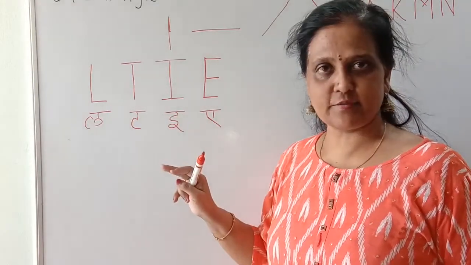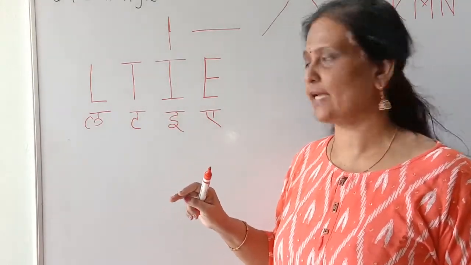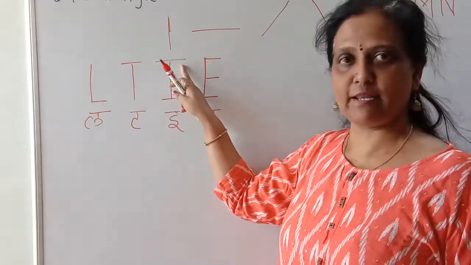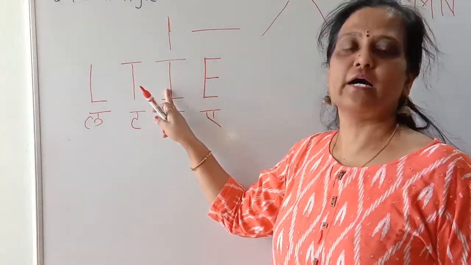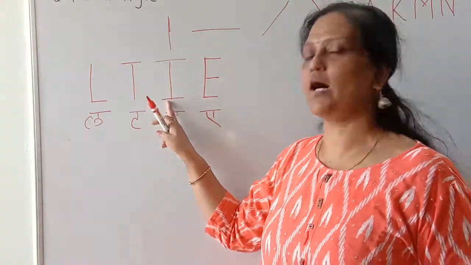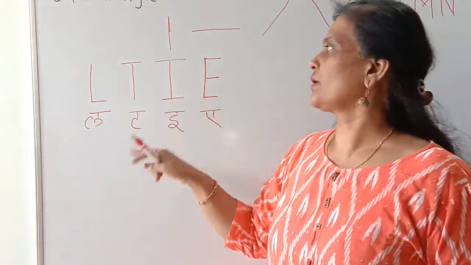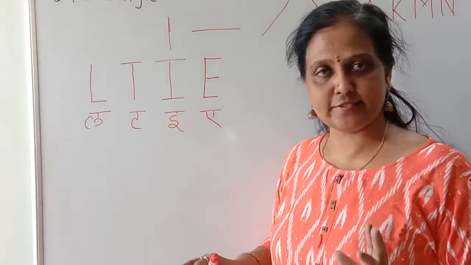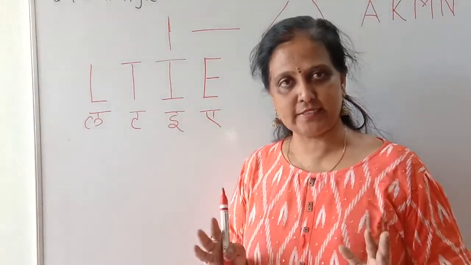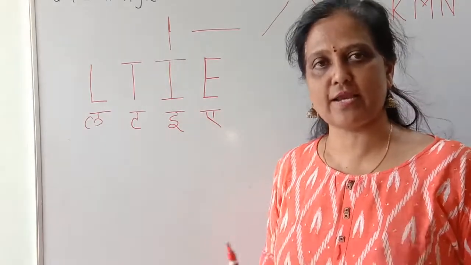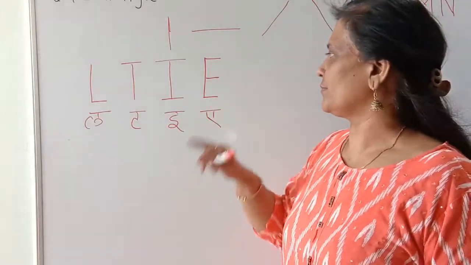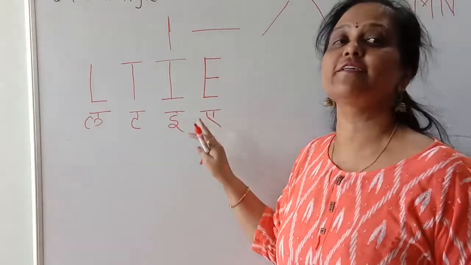Another letter: with the help of sleeping and standing line, I draw first a sleeping line, then a standing line, and then a sleeping line. We will make the letter I. I says E. The sound of I is E. This is letter E. The sound of E is E.